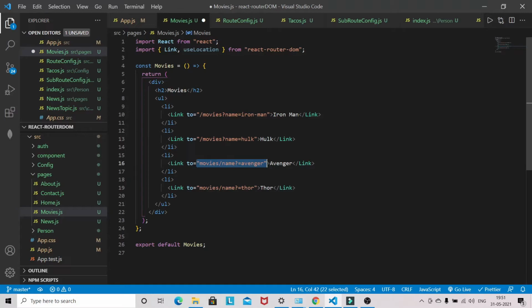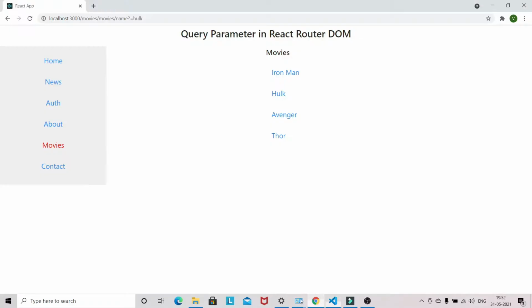Then I will copy this one and change to Avenger, and this one will be Thor. Okay, let's see. Movies name Iron Man. Okay, so now the route is not appending.